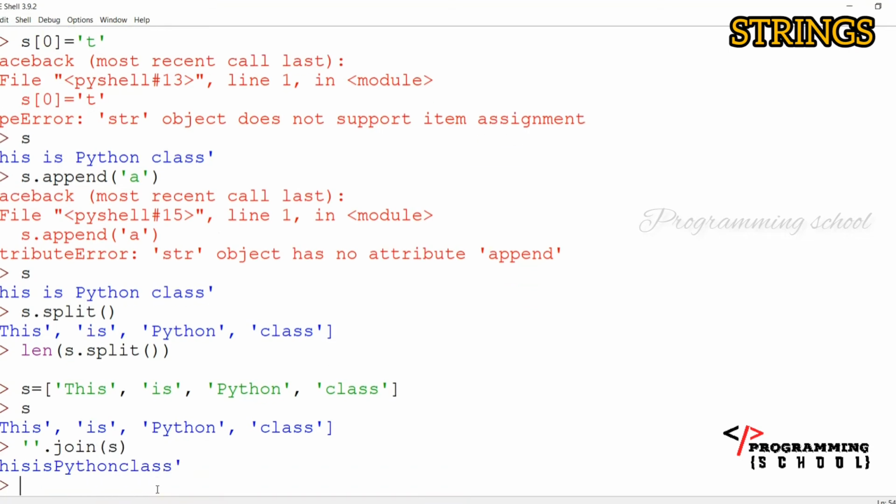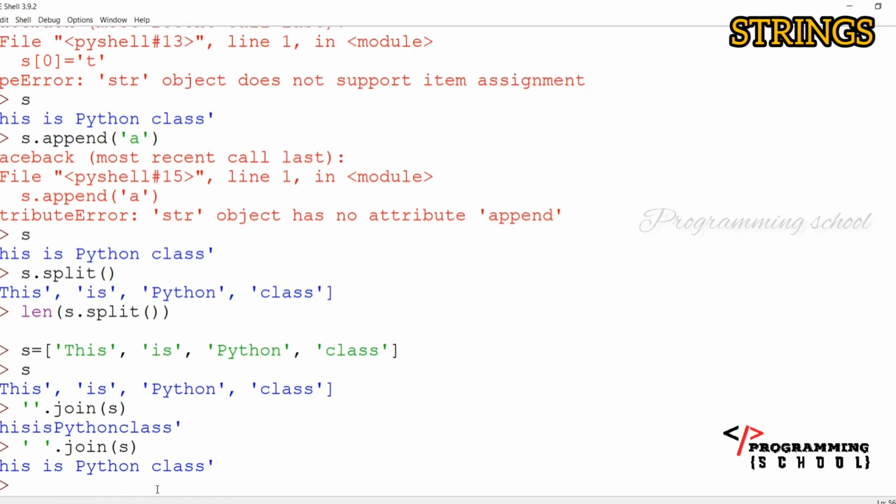Just observe here, it is working, right? Now I am going to give a space here. That's it. If I give a space like this, now the list is converted into the string using dot join of yes. All these are very useful. The split off and join off are more useful here. And there are so many functions here.